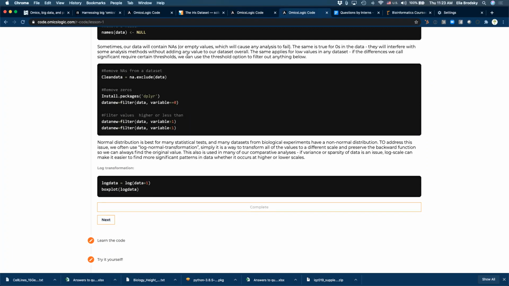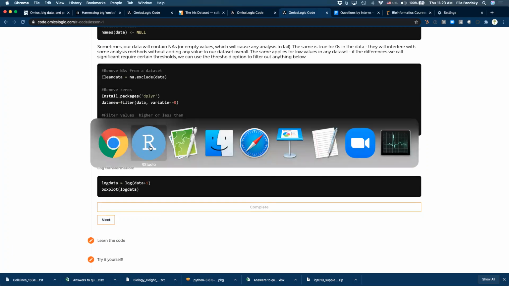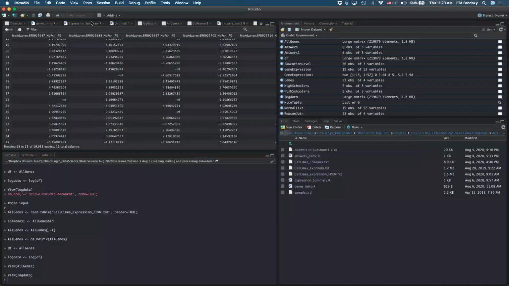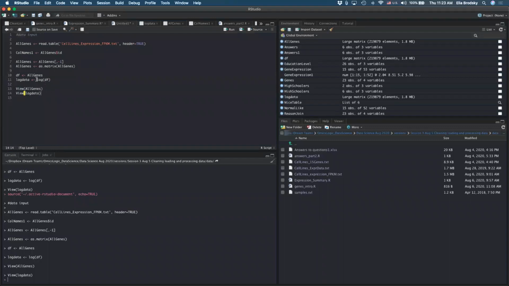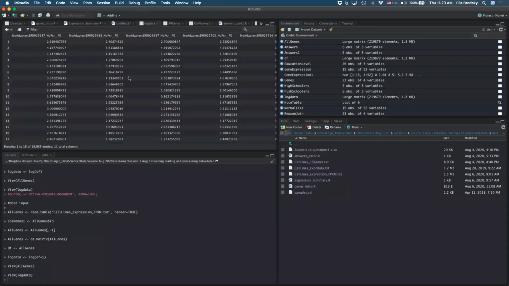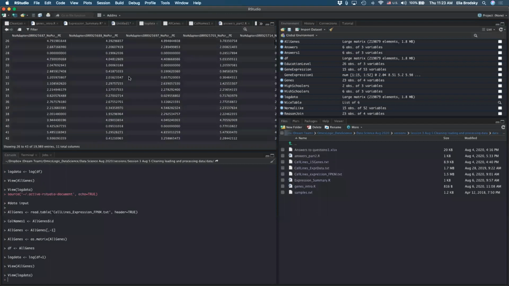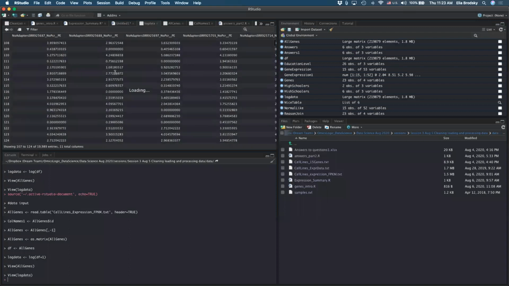Okay, so remember that if you ever want to just see again where we're trying to get to, you will see it right here. So let's go in here, right? And so here we want to do plus 1. Let's try that again. Sorry, that's not the right one. That's in here. So here, df plus 1. Okay, so here's log data. Now we don't have any of those infinite numbers, right?